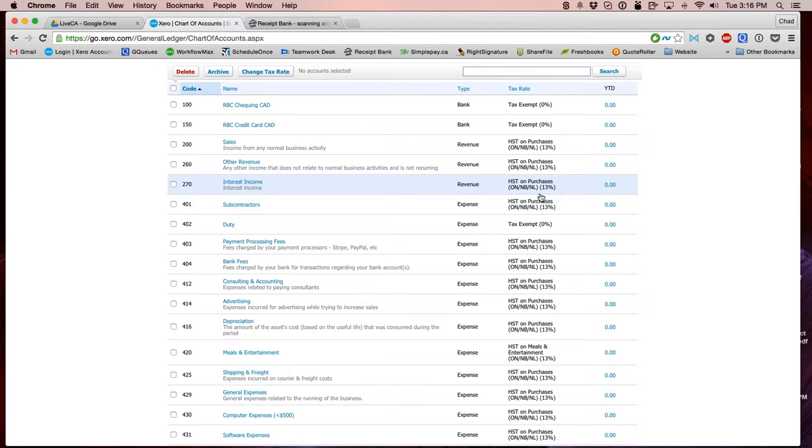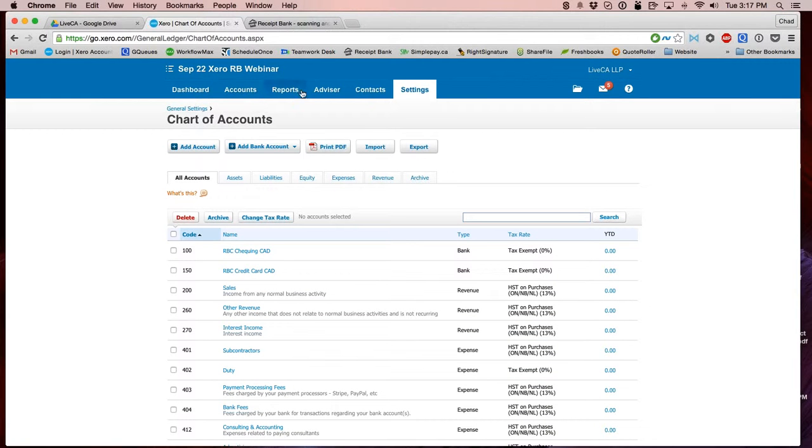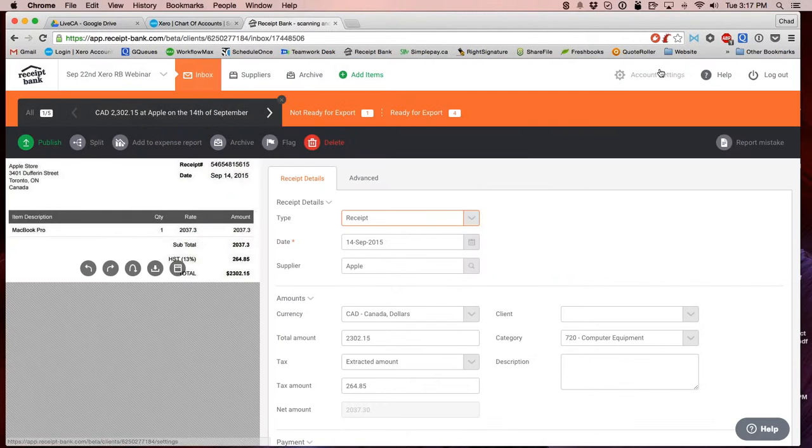So if not all of us have gone through the Receipt Bank piece where it'll create adjustments, but it does. So we want to make sure that when it's adjusting things, it's not adjusting it from a tax basis of 0, it's adjusting it from the one that you'll use more often than not. So once you've made those 2 key setups within Xero, you're going to want to come back over to Receipt Bank. So on the Receipt Bank setup, this is where